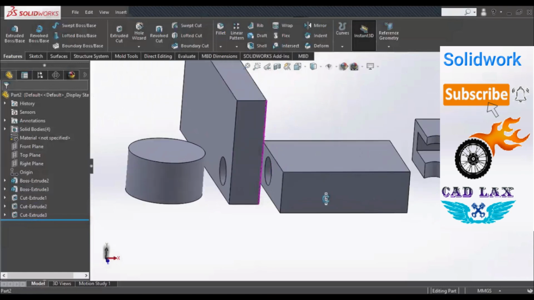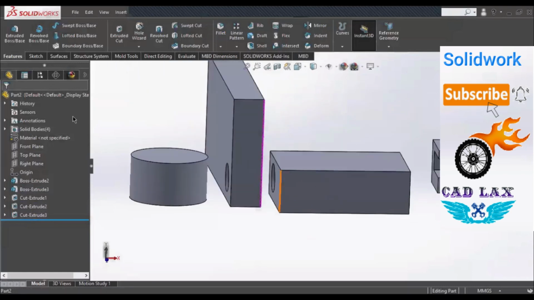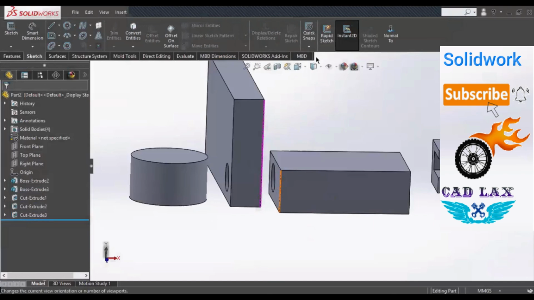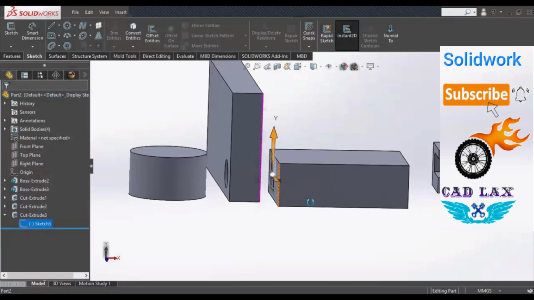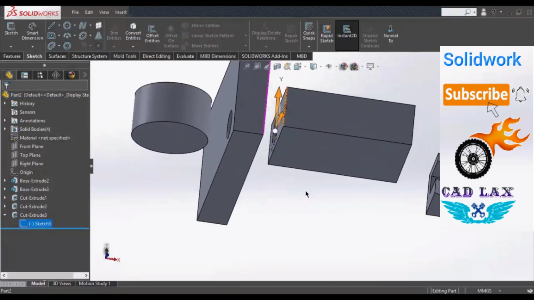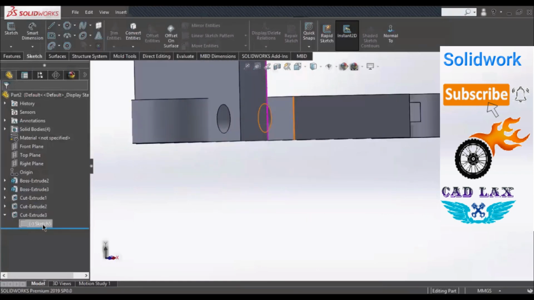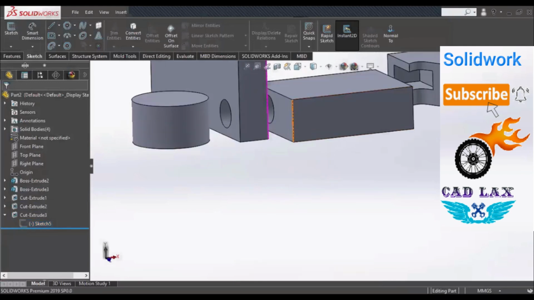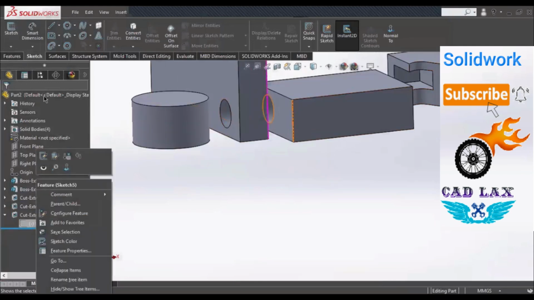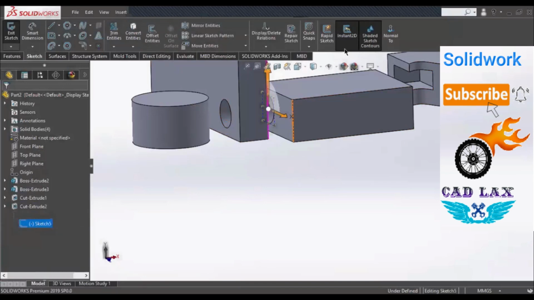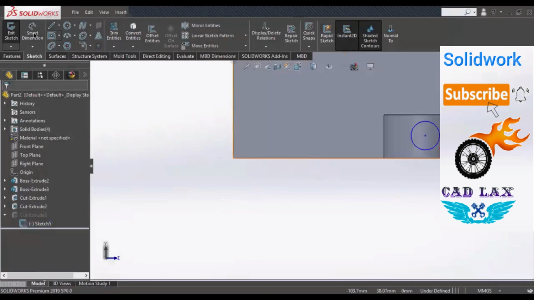And if you want to modify the sketch of this one, as you know, we have turned on the Instant 2D right now here. So if you click on any sketch, you can modify it directly, but only in case you have defined it. But if you haven't defined it, you can't modify it right away. For example, I'm taking this and editing it. First one, you will see the magic of this tool. If I have defined this one,